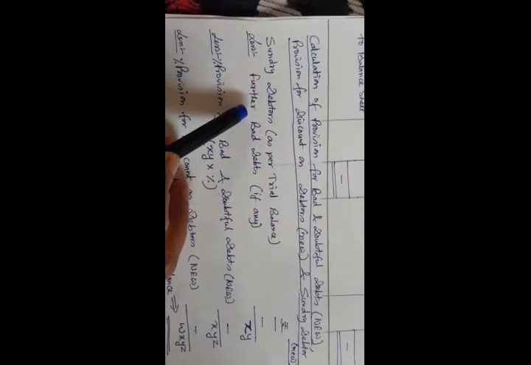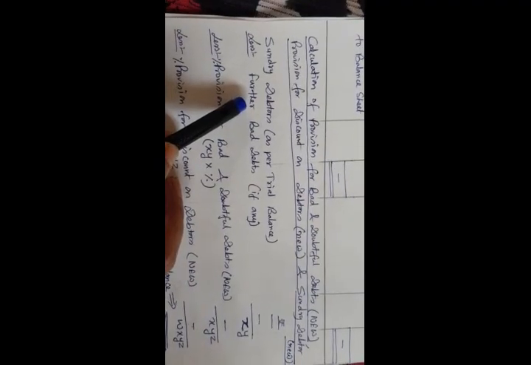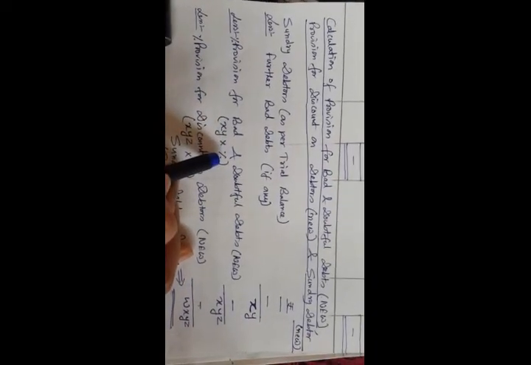Why are we deducting only further bad debt? Because this further bad debt we haven't considered yet. So further bad debt we have to deduct here only, not the total one, mind it. Whatever may be the amount, we have to deduct from this. Whatever may be the balance, say XY is the balance, on this amount you will be given a provision. Say, calculate provision for bad and doubtful debt 5%. So we have to write that like this, 5% provision for bad and doubtful debt new. This 5% we will calculate on this XY amount, after deduction of further bad debt. So on XY amount we have to charge this 5%.